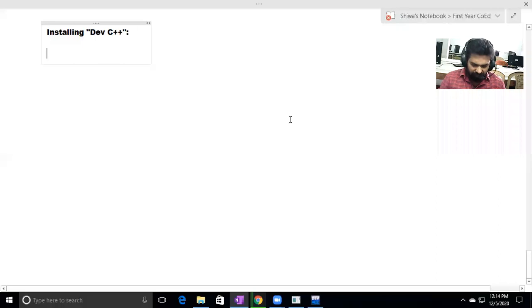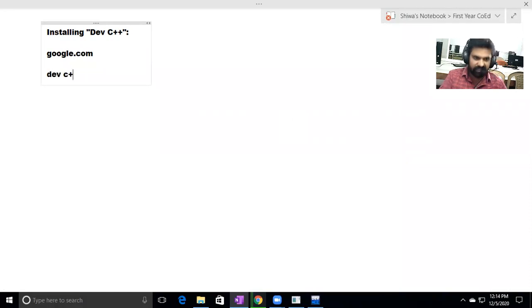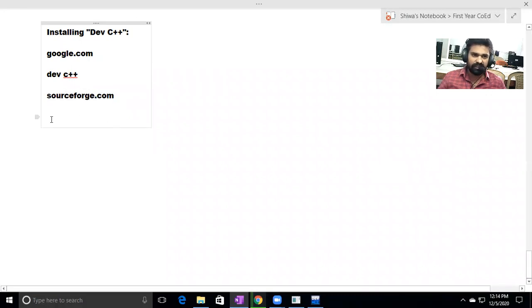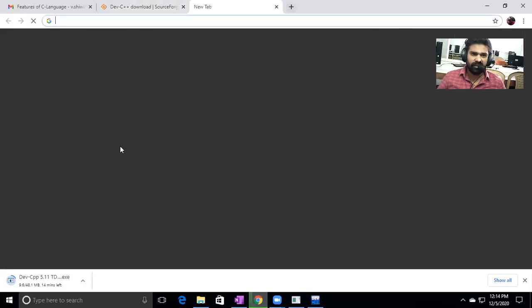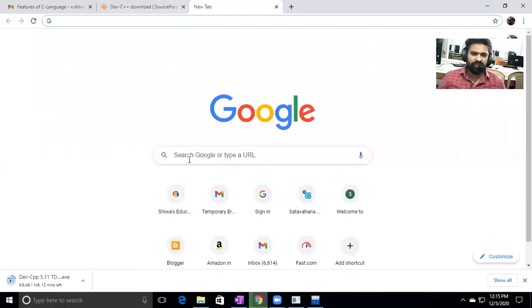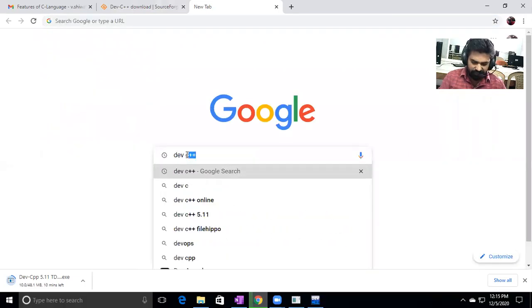Observe. First, go to the browser, in Google, search for Dev C++.